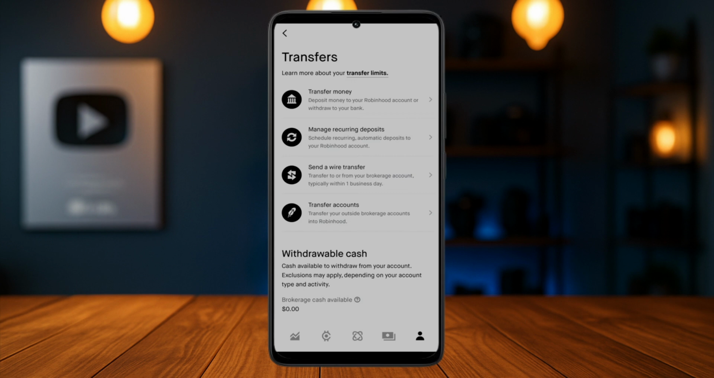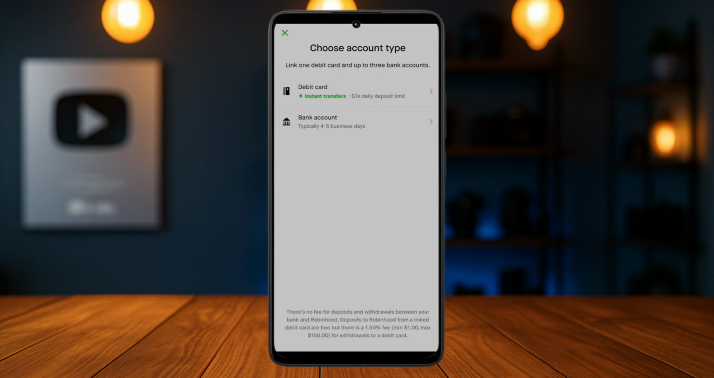Once you tap on the transfer option, you can see various methods of transferring money into or from your account of Robinhood. In order to link a bank, just scroll down to the bottom of this page. Now once you scroll down to the bottom of this page, you'll see the option called linked accounts. Just tap on the linked account option and you'll have two options, which is the debit card and the bank